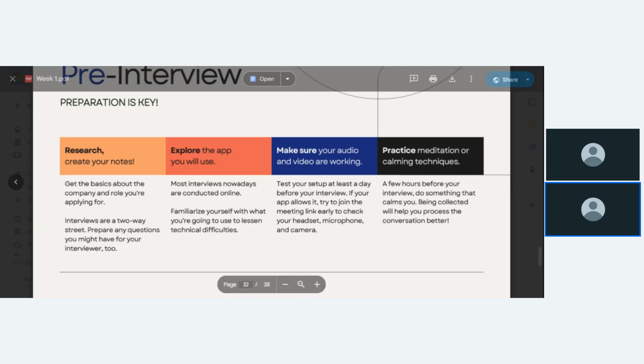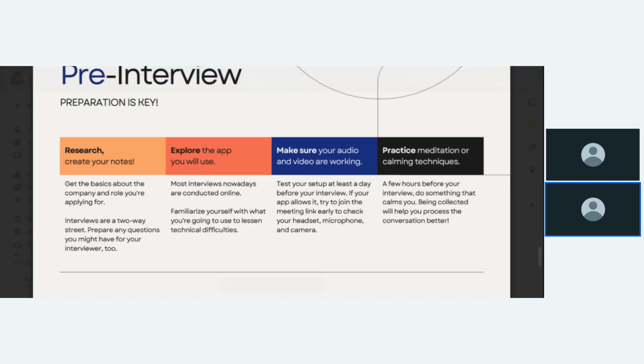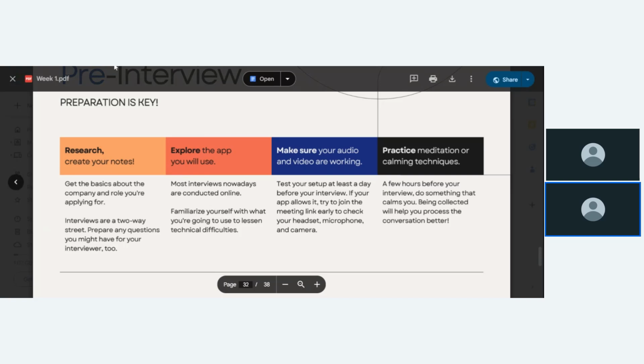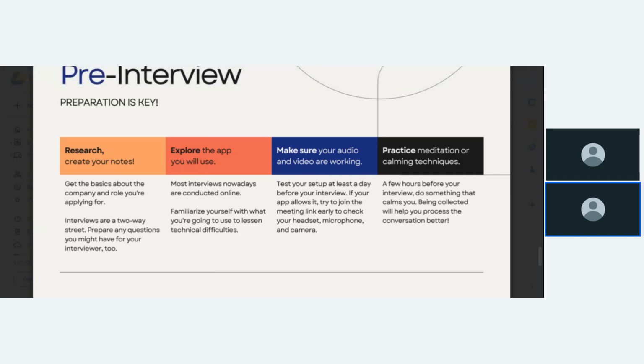Of course, you want to do research concerning this company. I've interviewed candidates who say they don't know anything about the company, and I'm asking, so why are you here? Why did you attend this session? Why are you here? If you do not know your potential employer, why are you here? You should at least do some research on Google. If they have a website, cool. If they have a LinkedIn page, just get to know them. Because why would you want to be part of a team you do not know anything about?